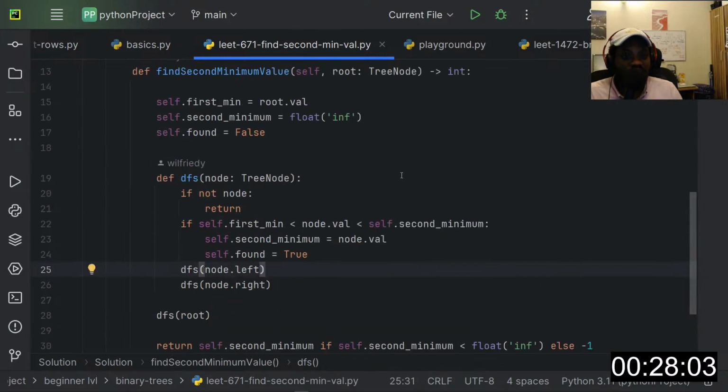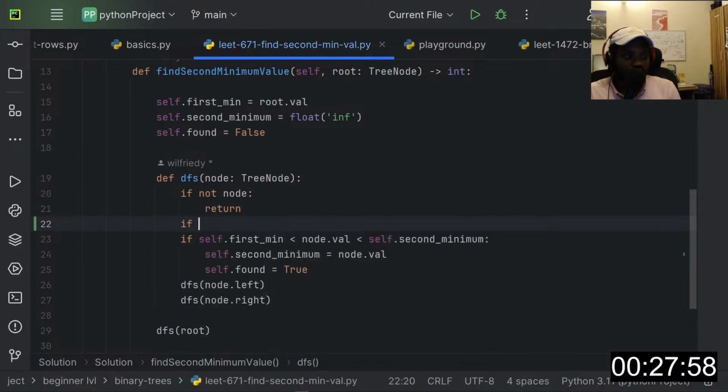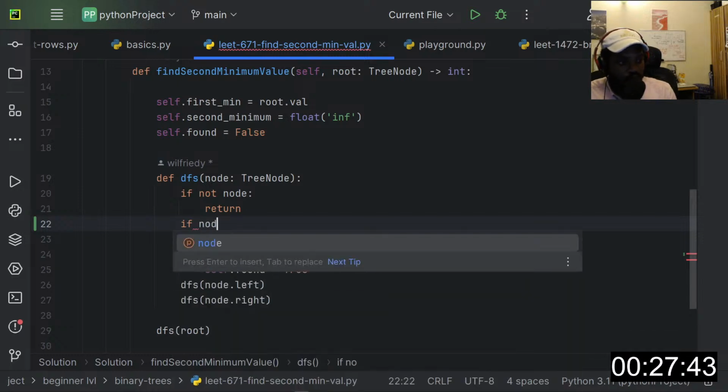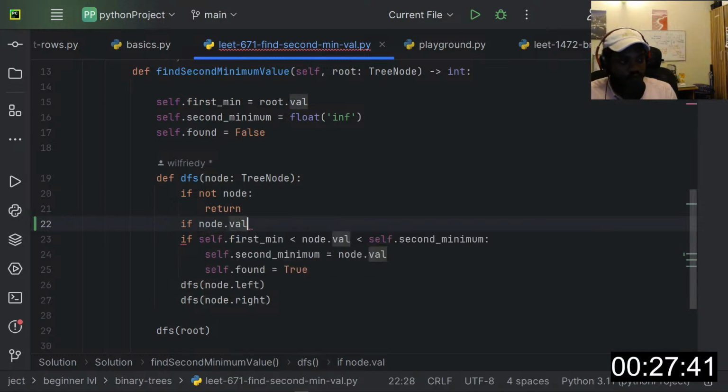Now you can even use the actual template the question gave us. We can just say if the minimum, so we can say if node.value is equal to the minimum between its left and right child nodes. We can do this as well. We can say node